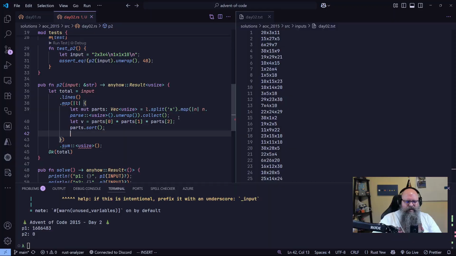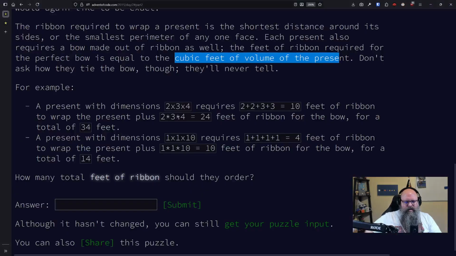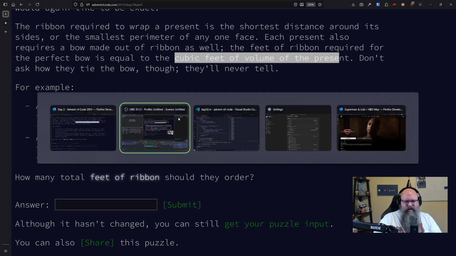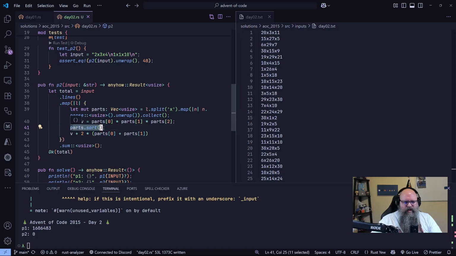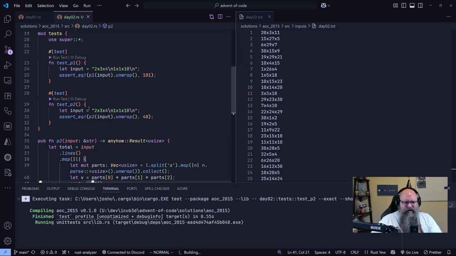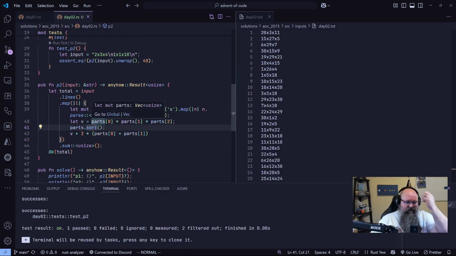Okay, so we're going to eat the two smallest. We're going to return 2 times volume plus 2 times parts 0 plus parts 1, right? So we've sorted them. We now have the two smallest at the beginning, and we pick those two. I could probably think about it for a minute. Maybe there's a faster way to do that, but I feel like